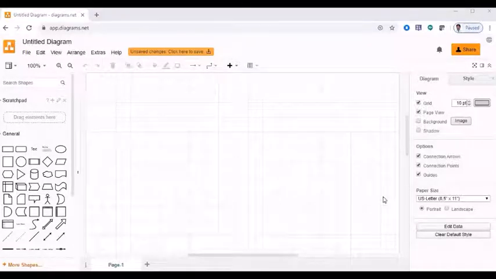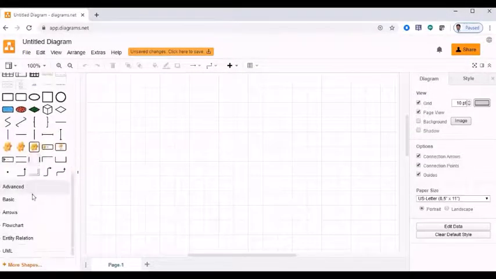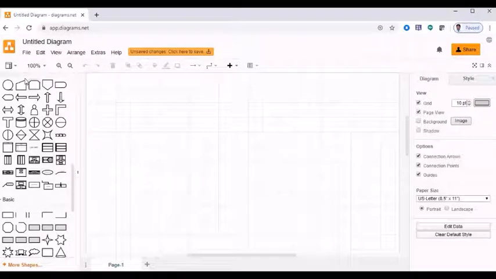After login you will see the screen which is right now displayed. This is like any other Microsoft product software window. It's very user friendly. You will have all the standard menu options and some standard toolbars. On the left side panel you can find the various symbols used for the flow chart, and all the advanced chart symbols, basic symbols, arrows, all those things are available on the left panel.